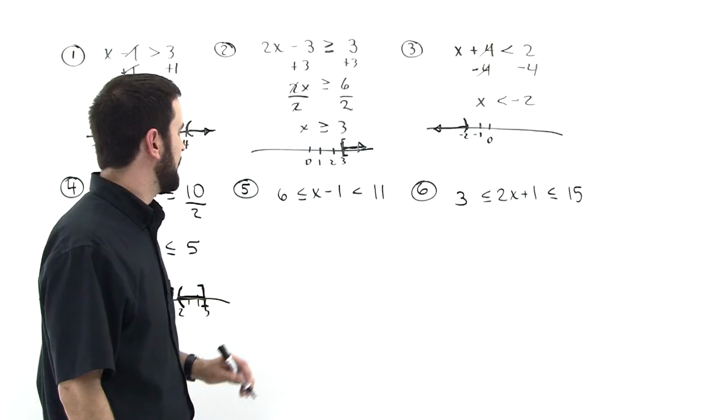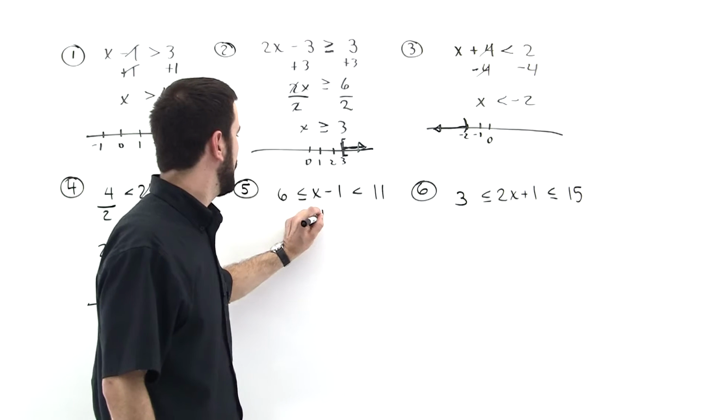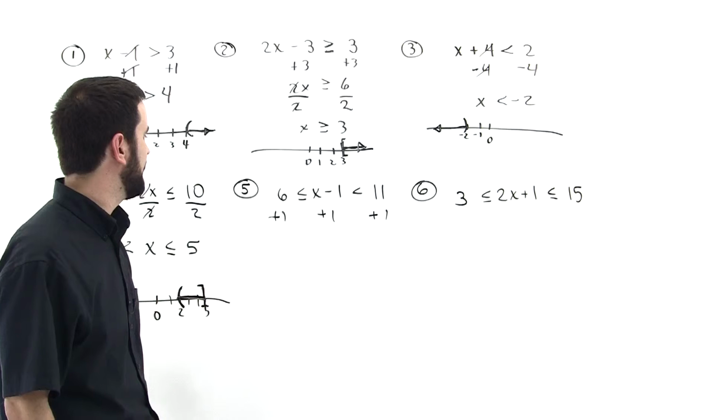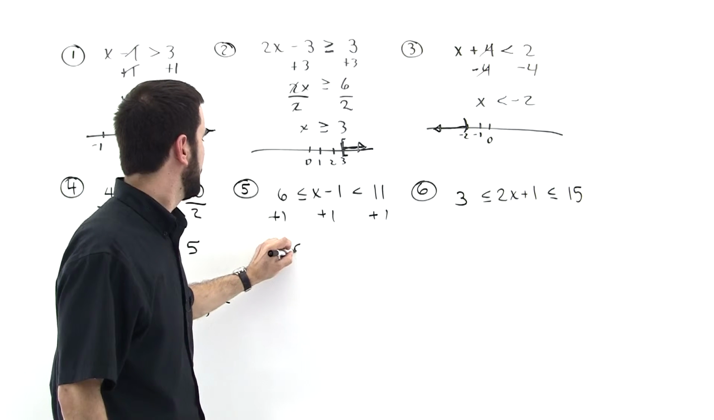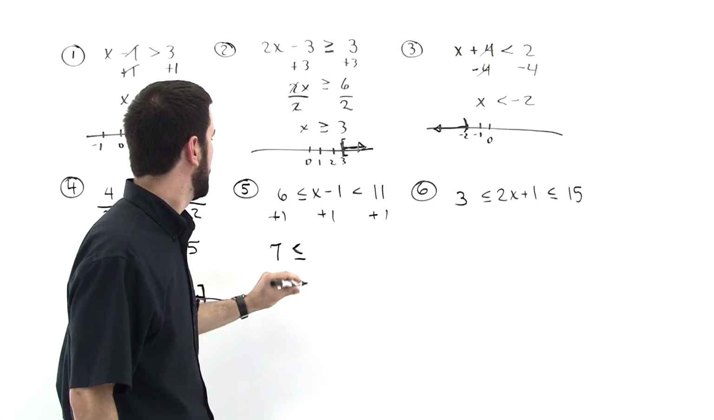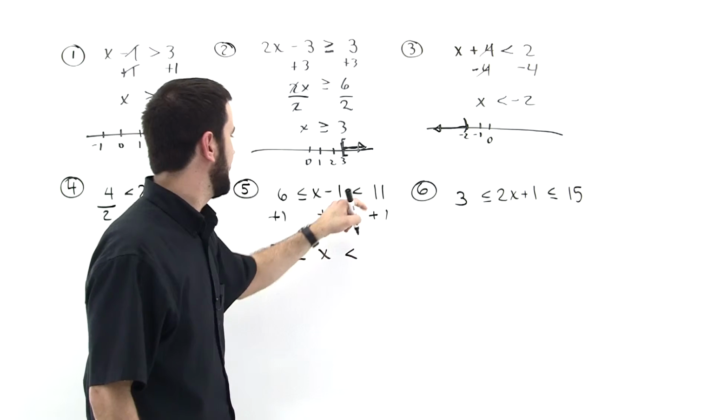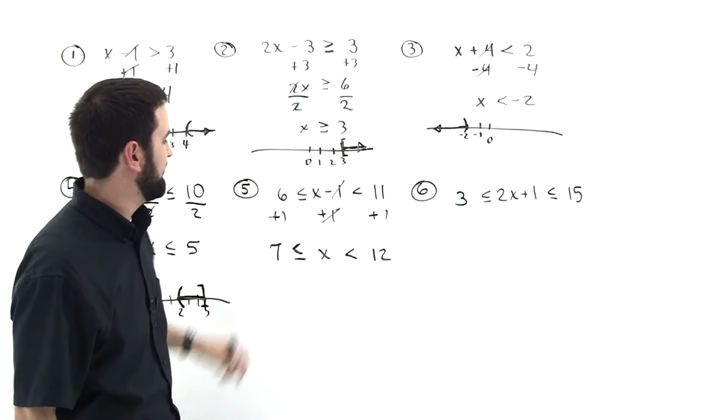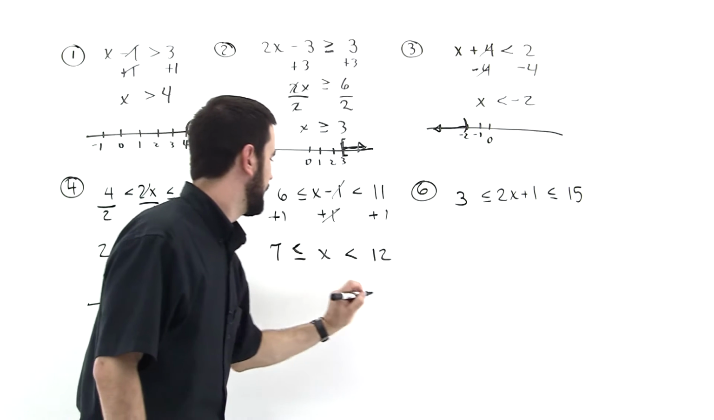For this one, we need to isolate the variable, so we add 1 to all parts. This is 7, and we have less than or equal to x less than 11 plus 1, which is 12. We're seeing that these are canceling. And so if we graph it,